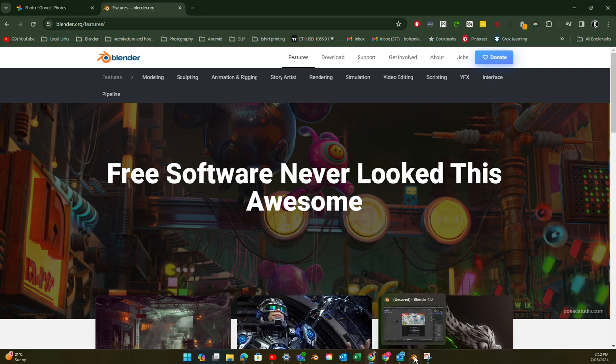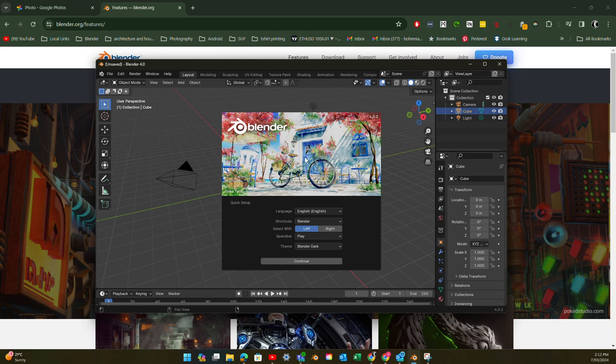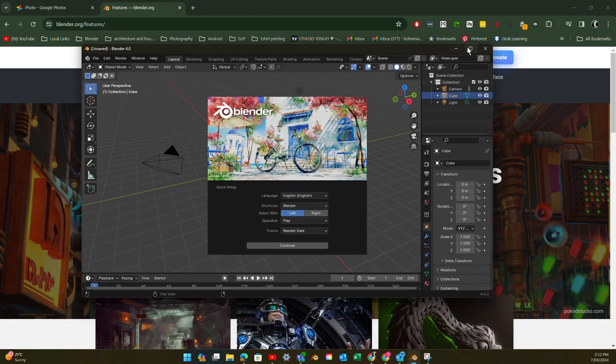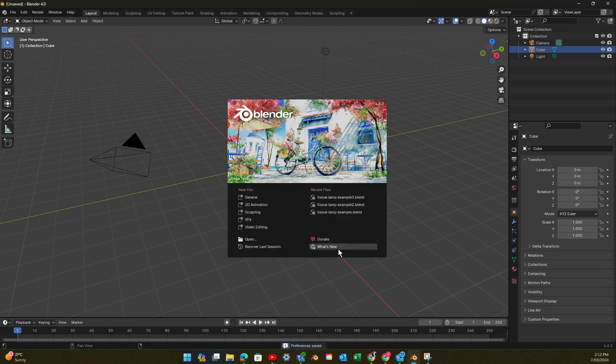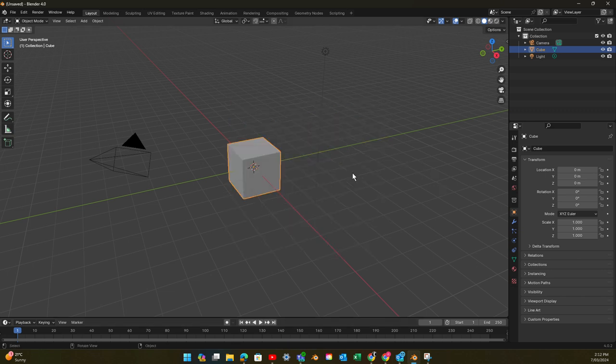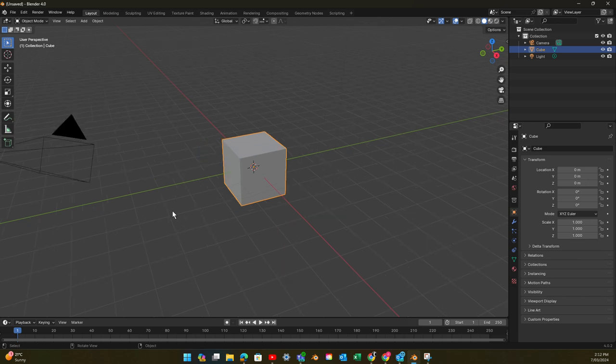So what I'm going to do is open Blender. Let me just get that going. And I'll just full screen this so you can see what's happening. Okay, we're away. First time Blender opens, you get a little bit of stuff about some different preferences. That's okay. I'm happy with my left click, I'm happy with English, etc. So that's all good. You can change your theme down in here if you would like to. I'm just going to click continue. That's all pretty good stuff. So I'm just going to click away on the background, and I can now see